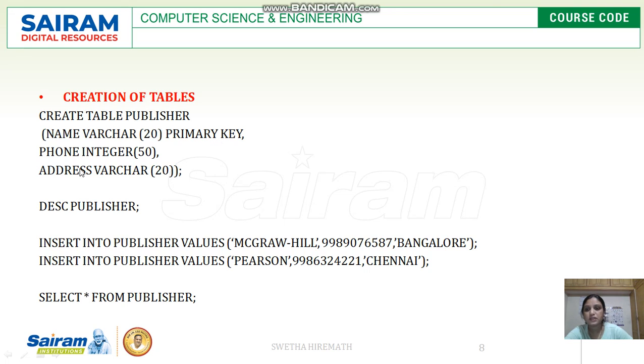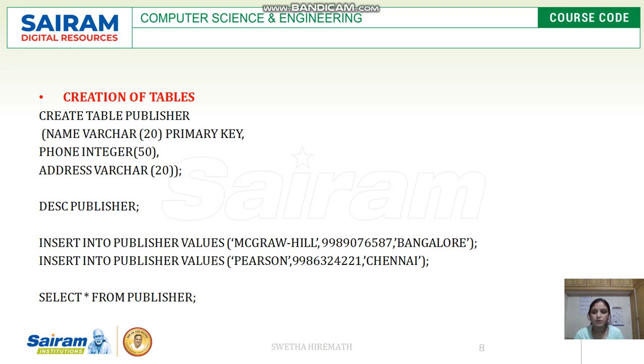So first, create table publisher. It has three different attributes. The first one is the name of the publisher. It has to be a character data type, so we give varchar, and the size can vary, 10 to 20 letters, or whatever you feel comfortable with. This is the primary key here, so we specify it as primary key.